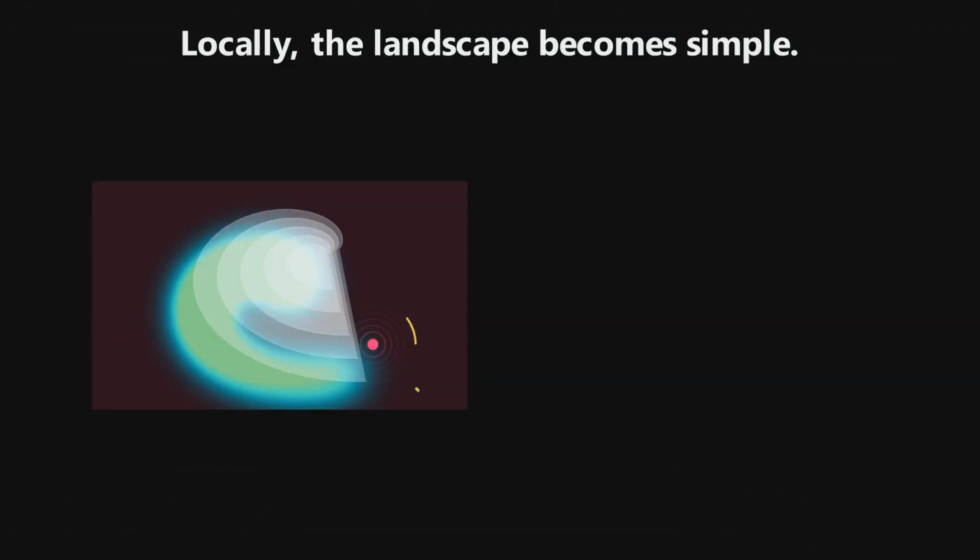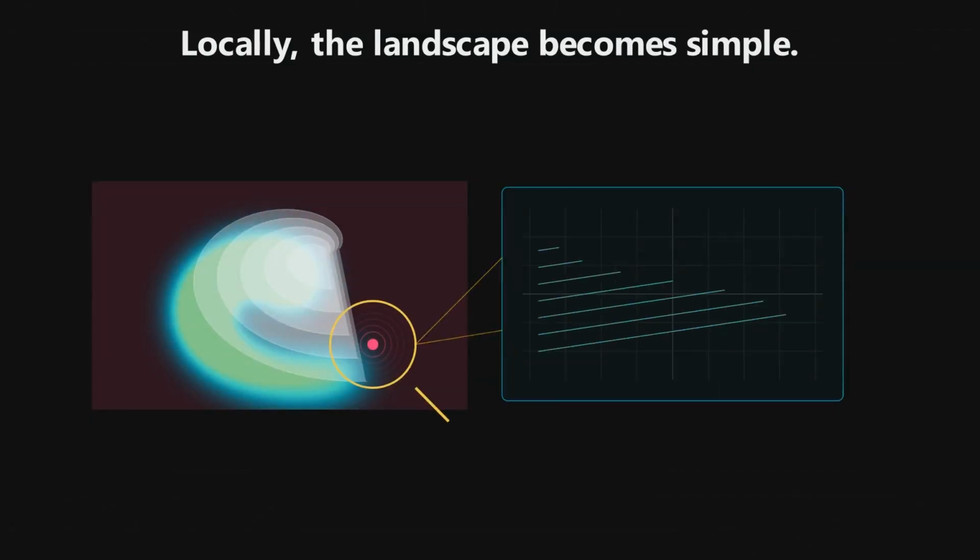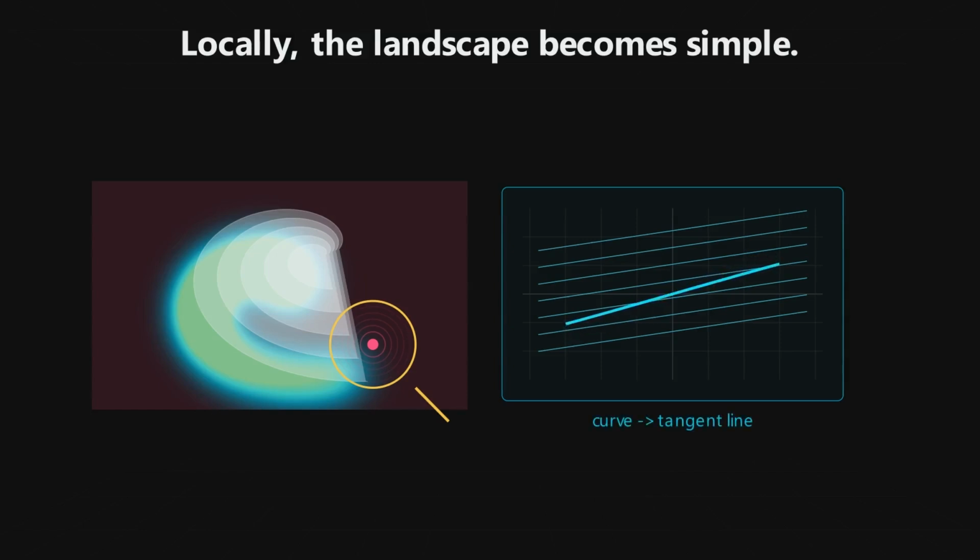Globally, the probability landscape is complicated. It bends, twists, folds, and generally behaves like a mathematical mountain range. But locally, if we zoom into a tiny neighborhood around y, the landscape becomes much simpler. This is the idea of local linear approximation. Inside the magnifying glass, the curved contour lines start to look almost straight. The complicated terrain becomes approximately a tilted plane.